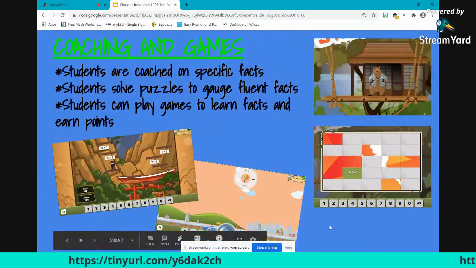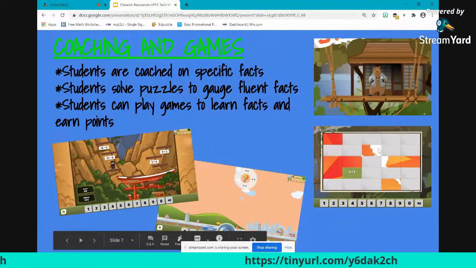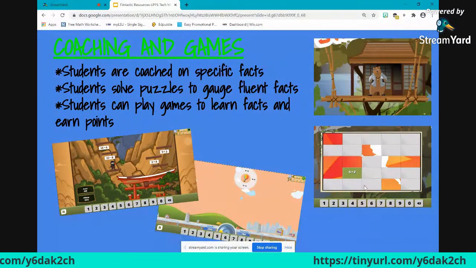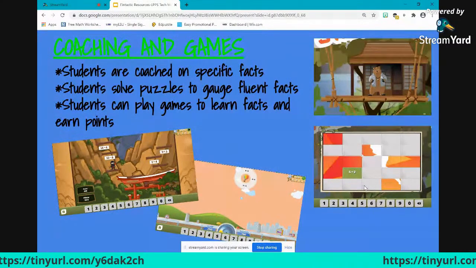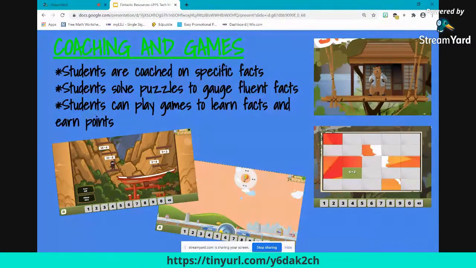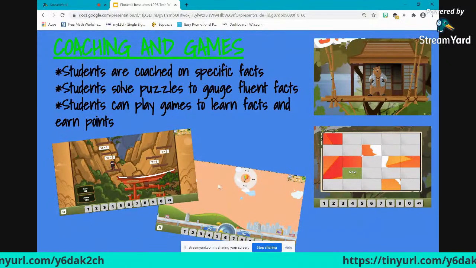The first thing that they do when they click onto a game, it's going to bring them to a puzzle. So you see it on the right side of the screen. There's a little bear, and then there's a puzzle. Sometimes the little bear will appear. Her name is Coach Penny, and she will kind of tutor them in some of the facts that they're missing, and then they'll go to the puzzle. Once they unlock the puzzle, it'll let them go to the game.